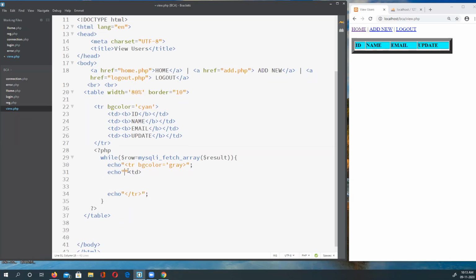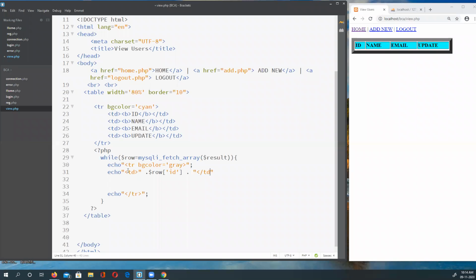So echo में मैं डबल कोट्स के अंदर इसको TD को लगाऊंगा, और फिर मैं कंकैटिनेट करूंगा इको के अंदर। सो डॉलर, क्योंकि पहला जो मुझे आईडी दिखाना है वो रो के पास है, बिकॉज रो वेरिएबल हैज दोज ऑल थिंग्स, लेकिन रो एक एरे है, एसोसिएटिव एरे है, उसके अंदर आईडी होगा, तो वो मुझे प्रिंट करना है, ठीक है ना। और इसको मैं डॉट करूंगा, कंकैटिनेट करूंगा, बिकॉज मेरा TD भी क्लोज करना है। सो आई हैव टू क्लोज TD, ओके, दैट हैज टू बी इन डबल कोट्स, राइट।